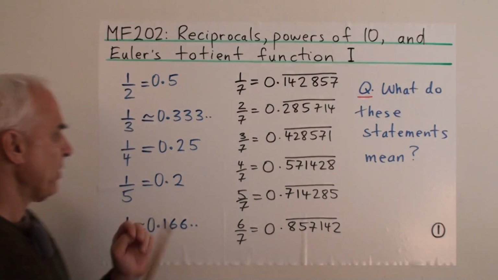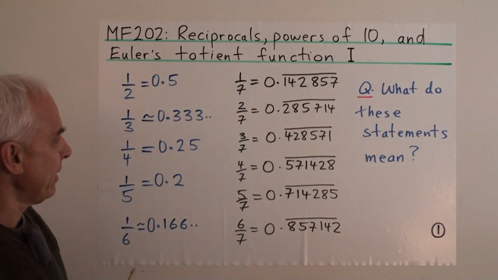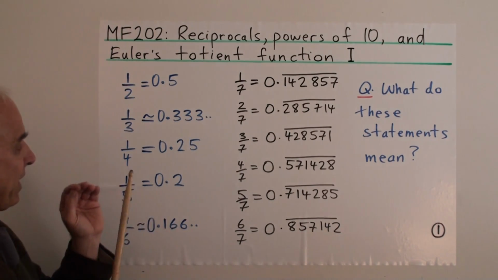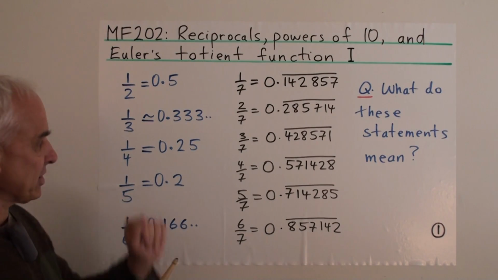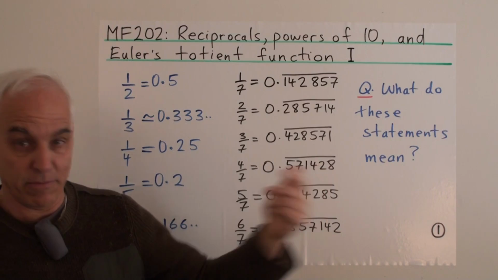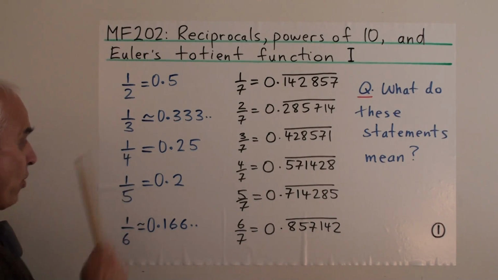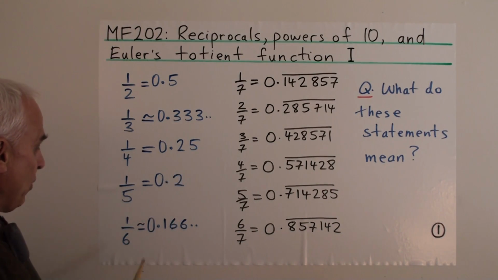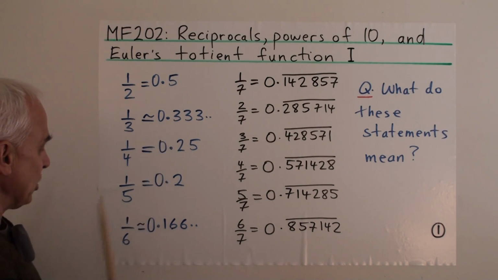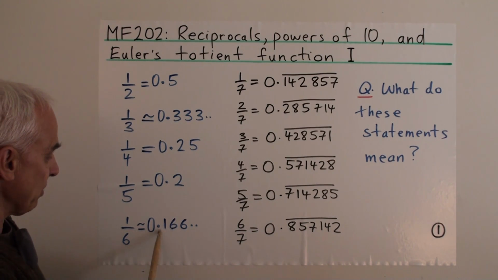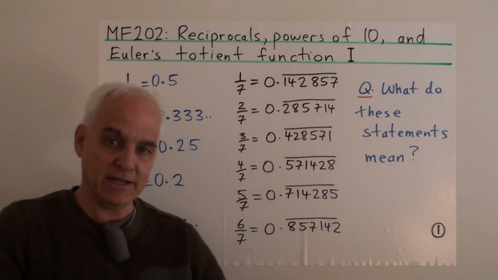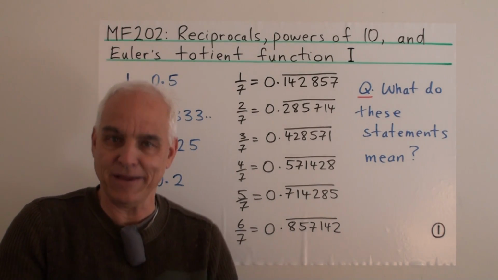Usually one says 0.333 and so on, but I'm going to put 2 dots here instead, signifying that we're not going to the end, but it's a process that we could carry on, adding more digits if we have time and patience. 1/4 is a lot simpler, that's 0.25. 1/5 is even simpler, that's 0.2. And 1/6, we're back in the same kind of situation with some repetition, 0.16666, and it would keep on going with more 6s if we kept churning away at the division algorithm.